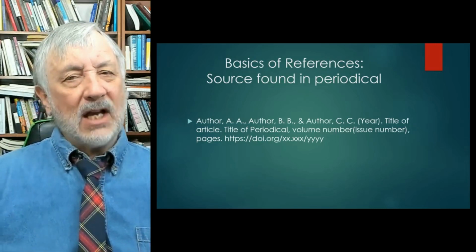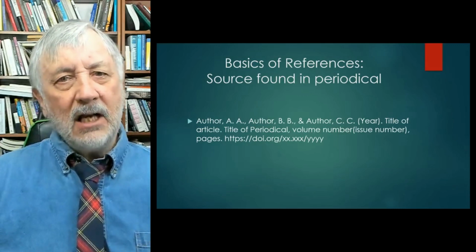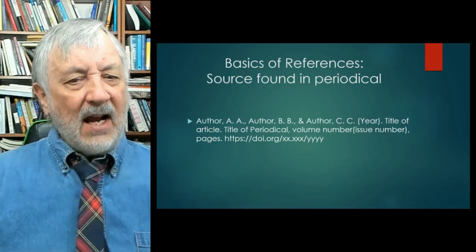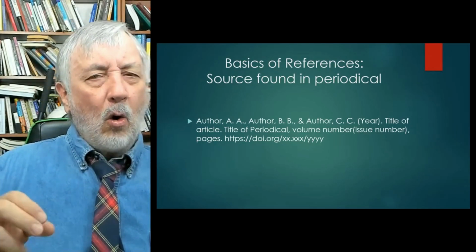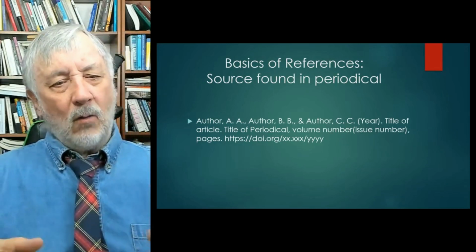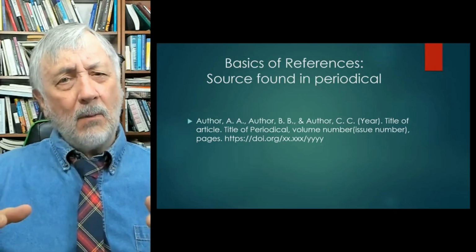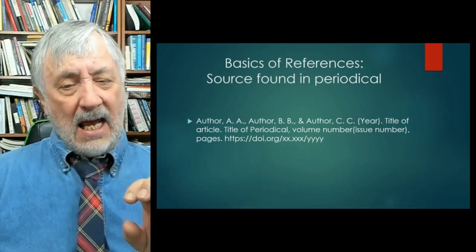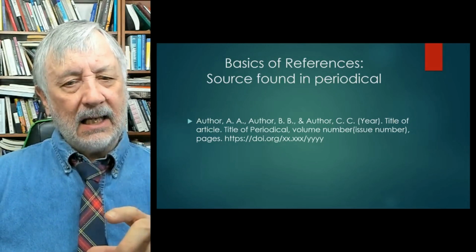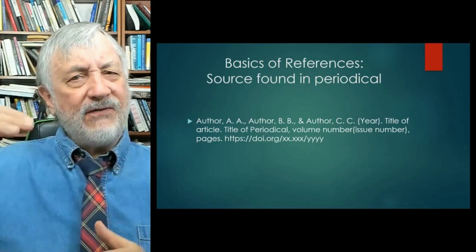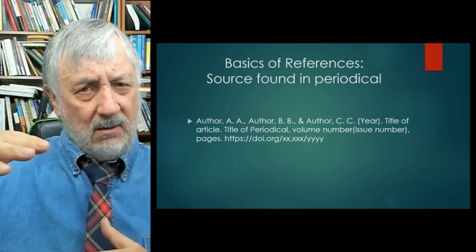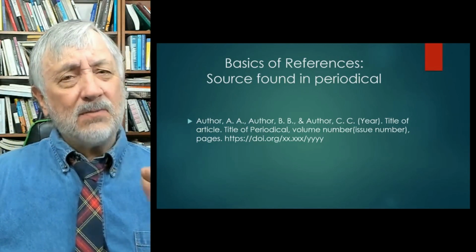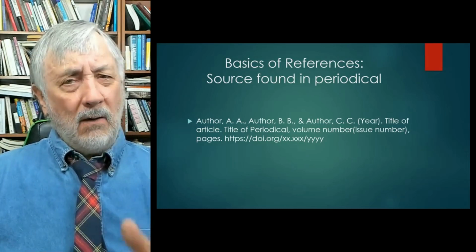That is the title of the magazine or journal. And then the volume number, and in parentheses, the issue number. It could be volume 7, issue 3, the third issue in that volume, which is usually year by year. And then either the DOI or the URL. Now, one thing to watch out for is if you get your article from, say, a university database or some sort of database that requires an account. You don't want to give one of these five-line URLs. Those are not helpful because if I want to find the article, I can't go to that URL because it's behind the paywall of the database.